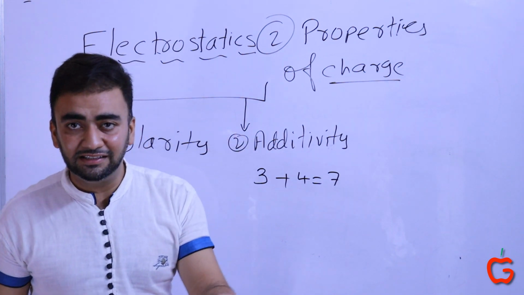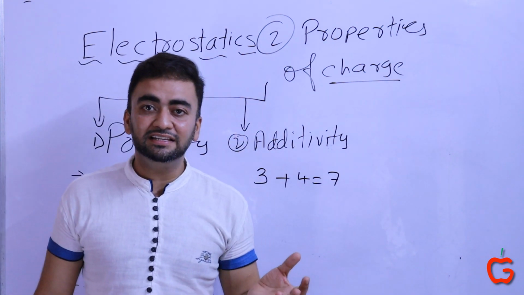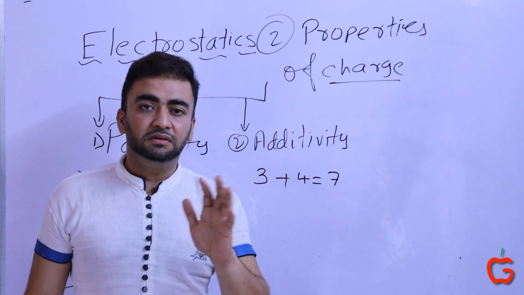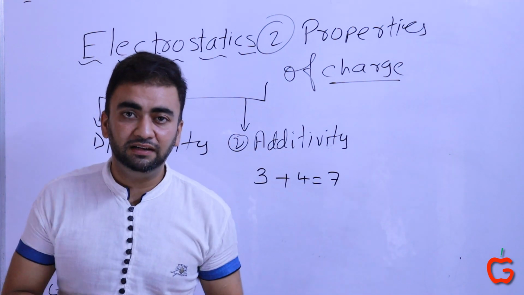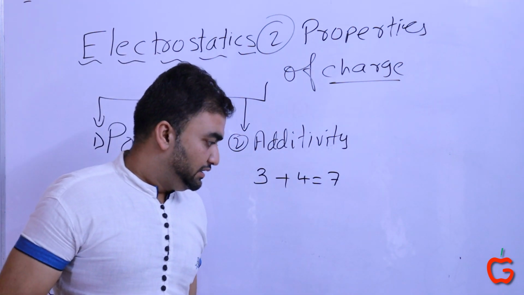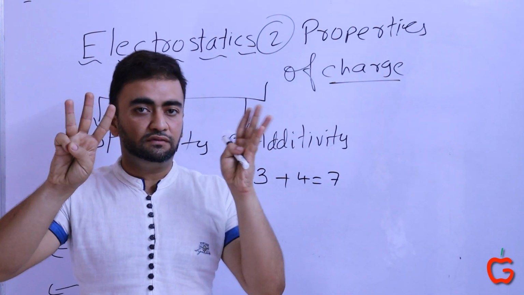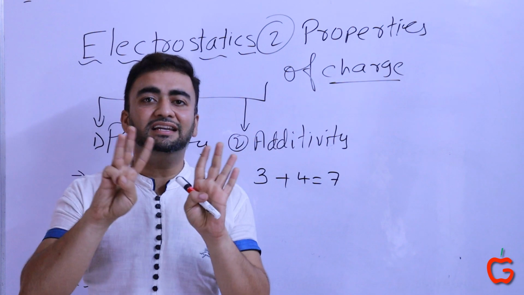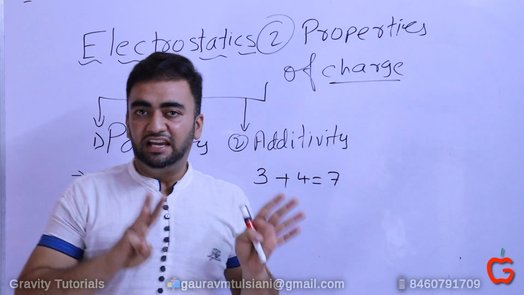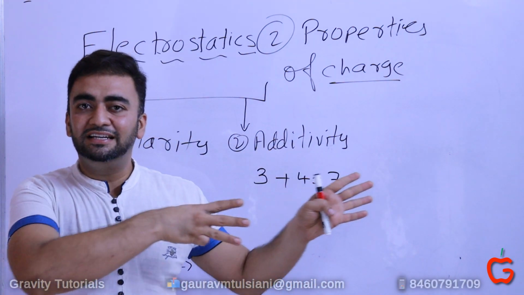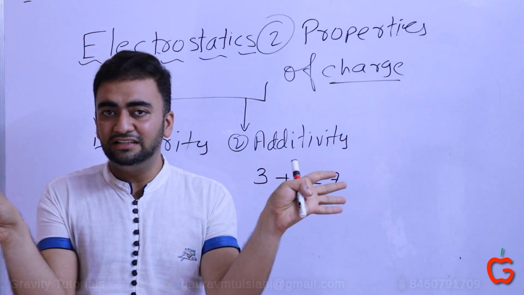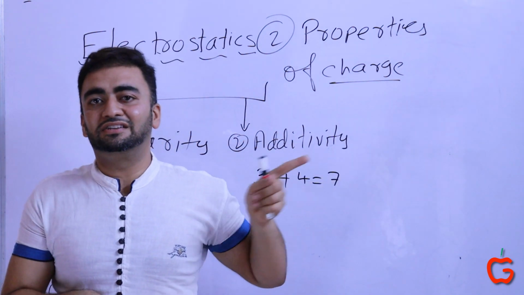Why I am stressing this is there are other quantities in which simple addition of numbers does not occur. For example, take force. When you apply 3 Newton of force and 4 units of force on something, it's not necessarily always 7 units of force. If both the forces are in the same direction, then it's 7 units. If they are in opposite directions, then it's 1 unit in this direction.